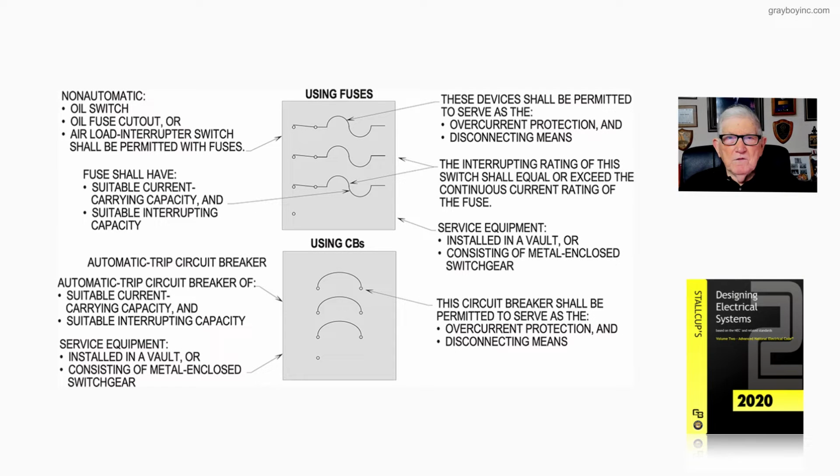Now let's look at this figure 17-13 from Stallcup's Electrical Design Book, Volume 2. Basically we're using 490.21 and 490.22, where we would select the components that we would use for overcurrent protection for conductors and equipment. Now, we know from our experience now in the 2020 NEC that if we're using medium